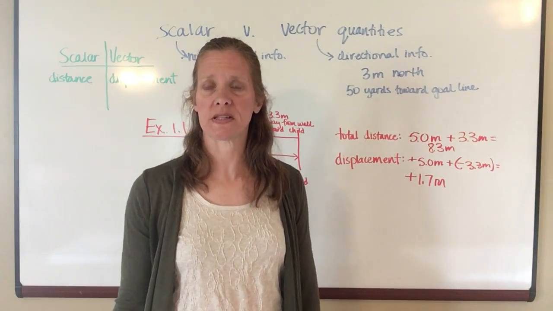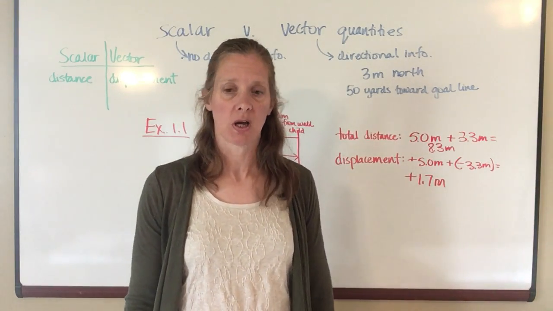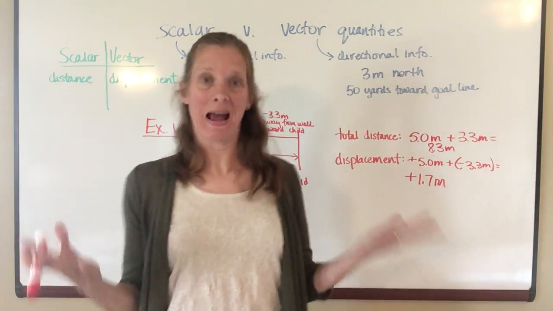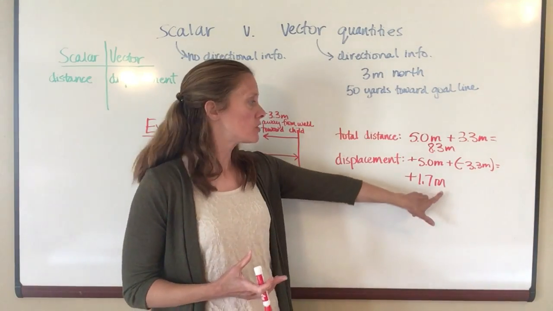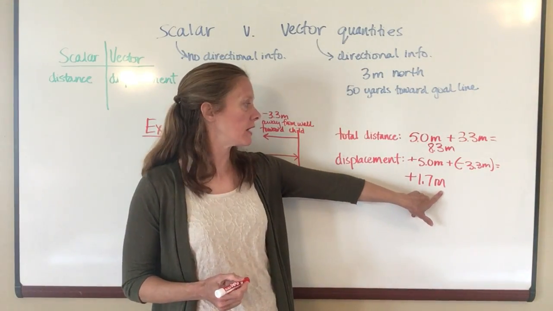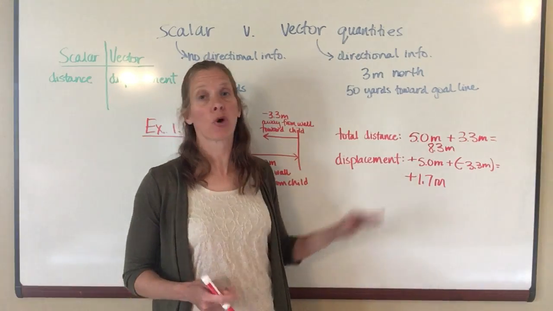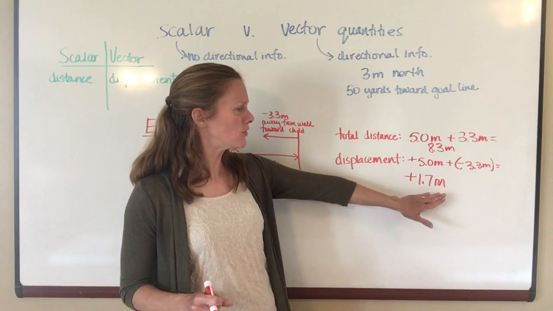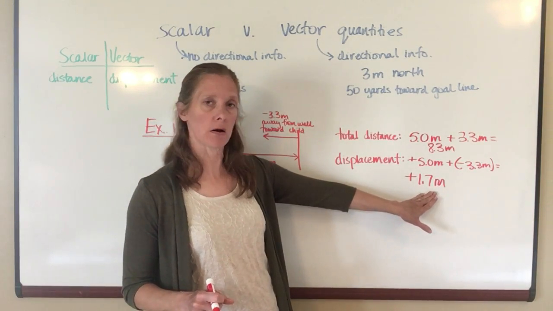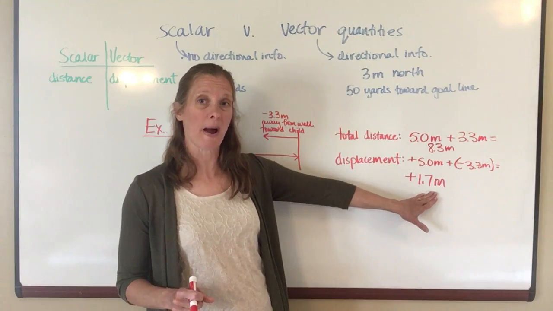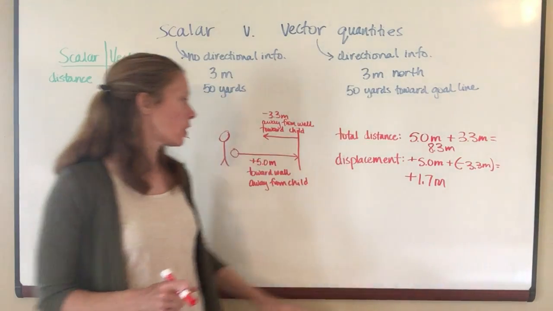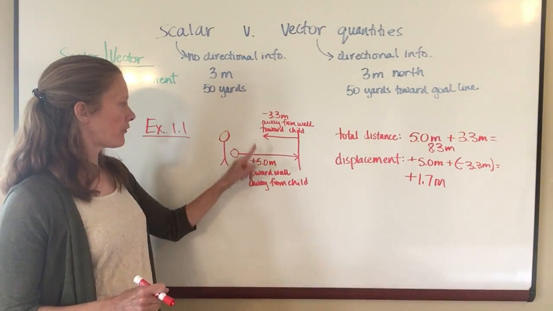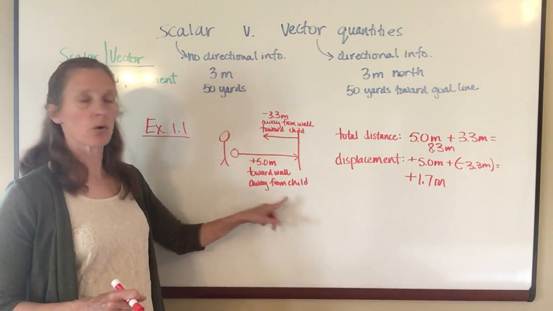1.7 meters, 1.7 feet, 1.7 miles, 1.7 apples, 1.7 what? It has to be 1.7 something. So you need to make sure you put a unit after it. And for displacement, or for any vector quantity, as we'll see as we continue to go through the chapter, I not only have to have a unit after my number, but I also have to have a direction after my number. So the positive sign tells me that the final displacement was towards the wall or away from the child,